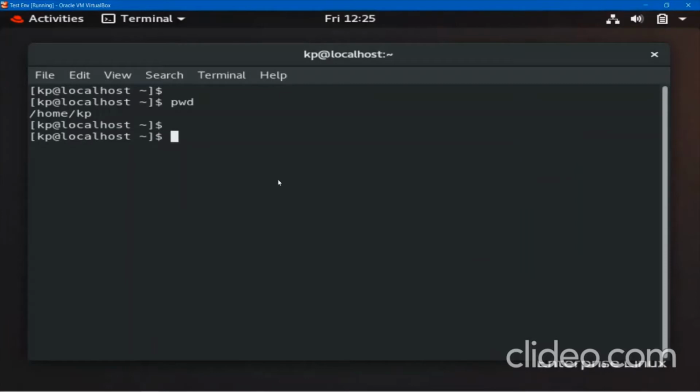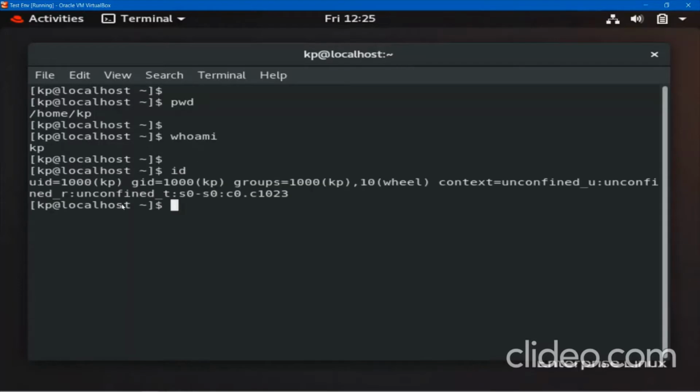Next, how can you check which user you are logged in with? The command is whoami. It is showing KP. One more command is id. Here you can see the UID is 1000. The root user has UID 0. Any user ID apart from 0 means a general user.